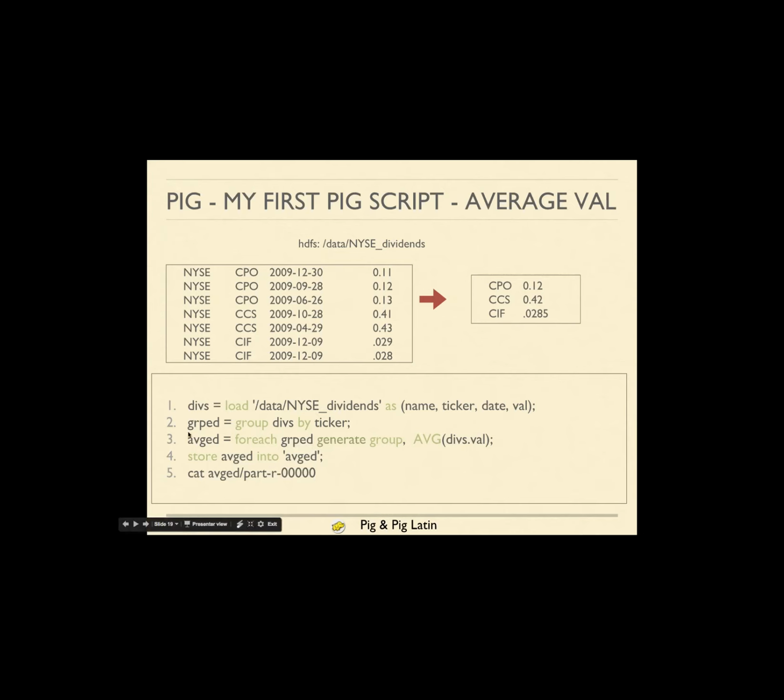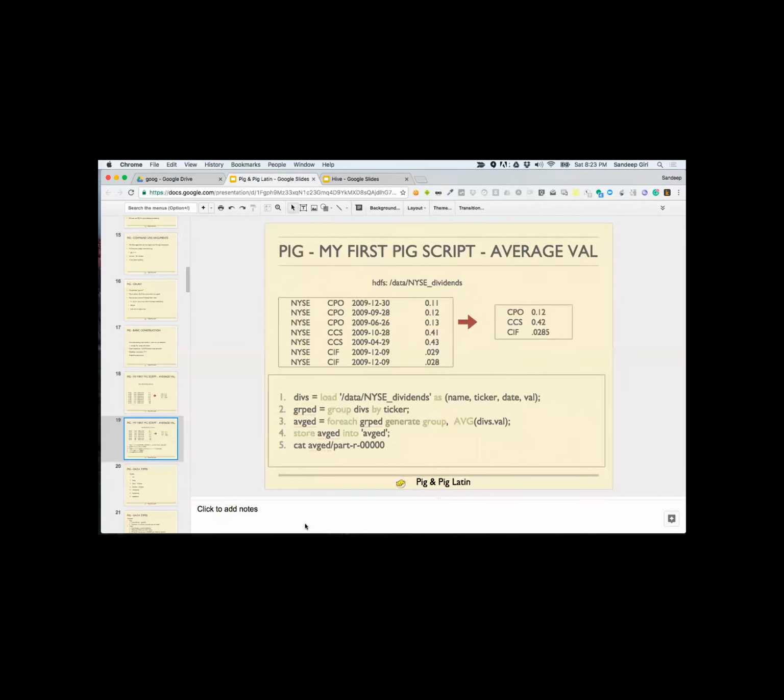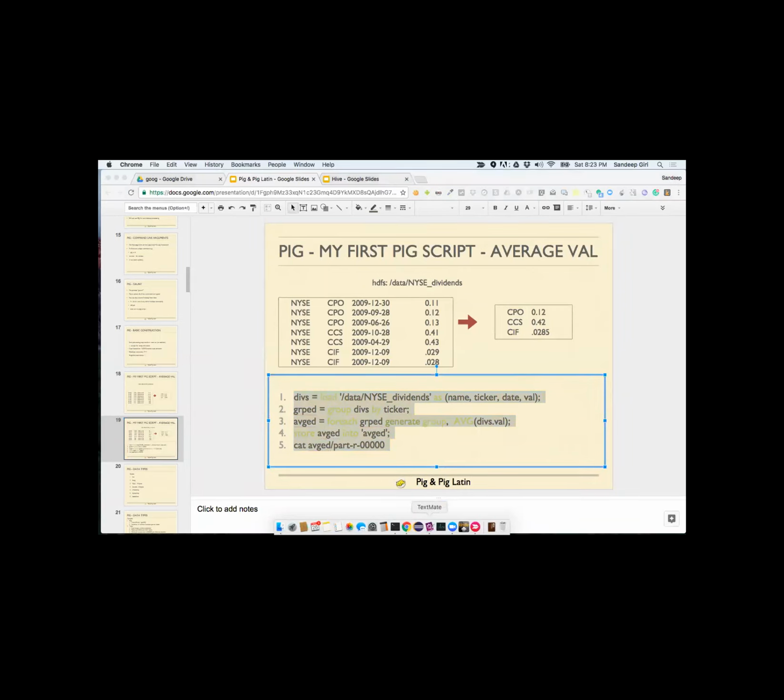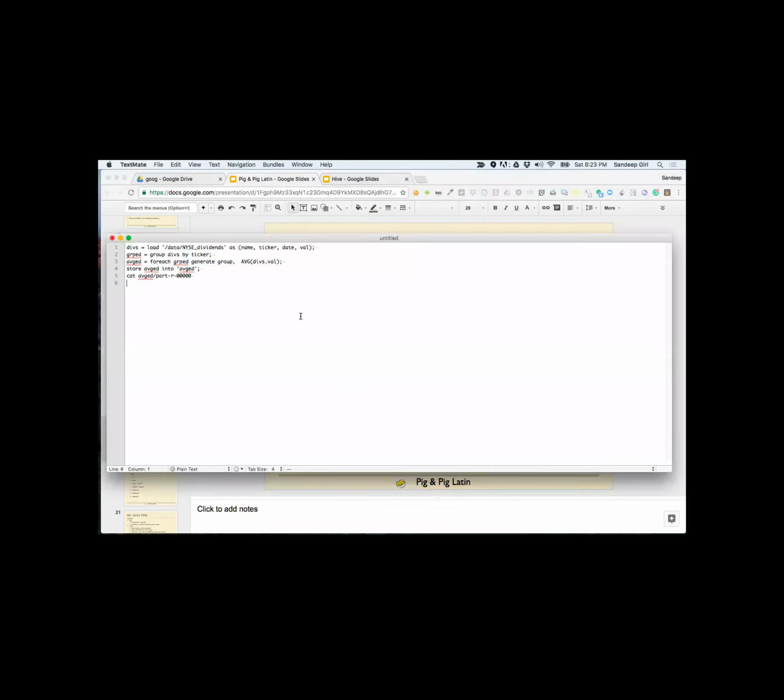All right, imagine that you had some more statements here which has nothing to do with averaged. Okay, let us say for argument's sake, that our query was something like this. Okay, let me open. All right.